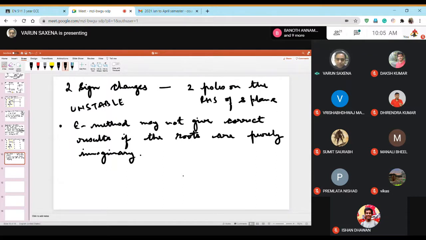Then you're taking epsilon, a value with which you're perturbing the system. Is it moving everything towards the right side of the S-plane? Is it making everything move to the left side of the S-plane? Those things you don't really know. So that's why sometimes you may have a problem. Fundamentally, the method is not going to give you good results if the roots are purely imaginary, because you can't say whether that root is on the right hand side or the left hand side of the S-plane, because it's on the imaginary axis. It's neither left nor right.